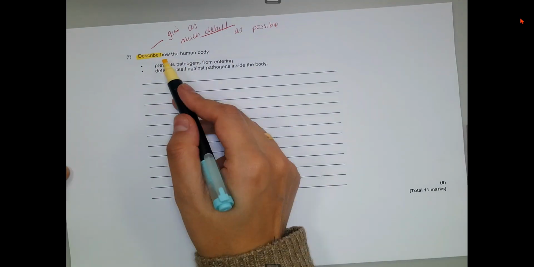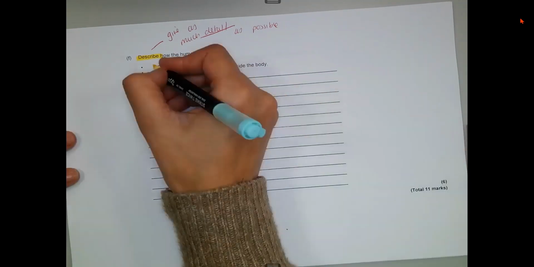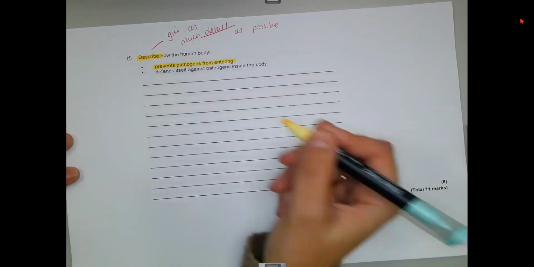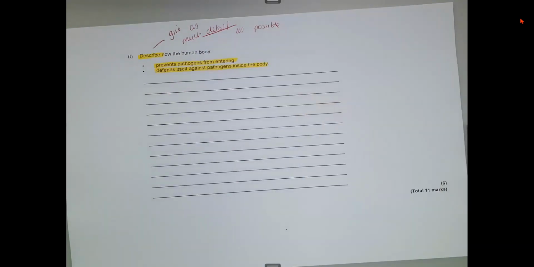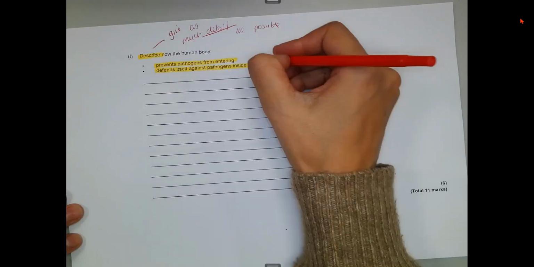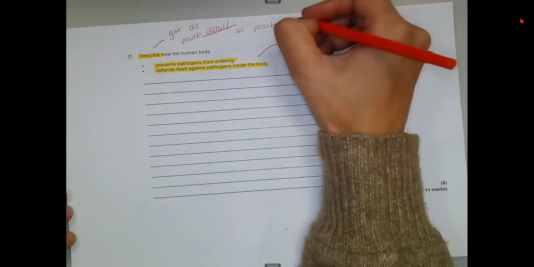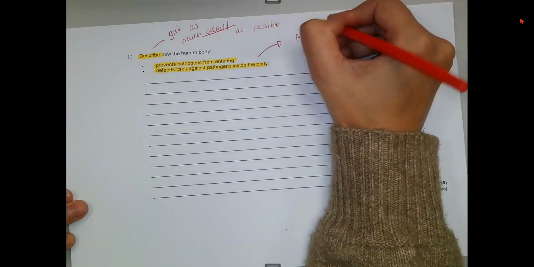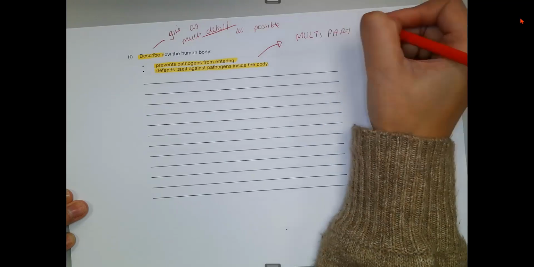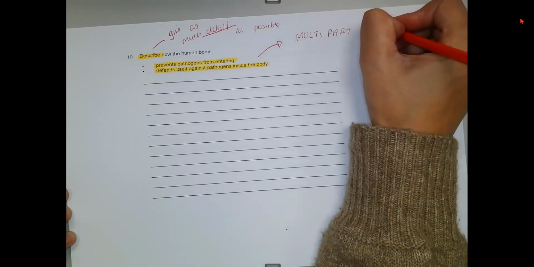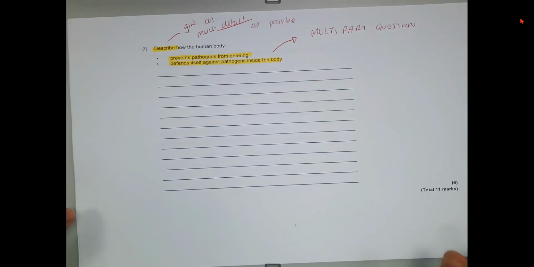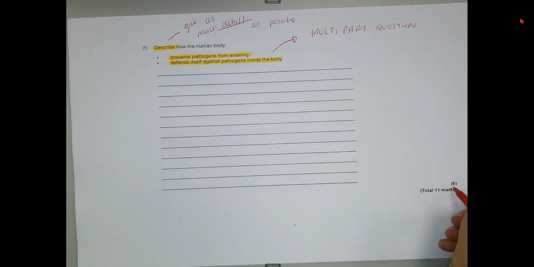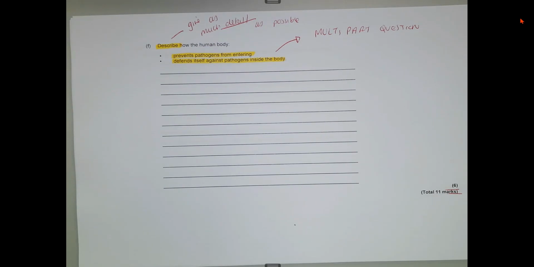Specifically, we need to talk about how the human body prevents pathogens from entering and defends itself against pathogens that do enter the body. So this, as you will recognize, is essentially a multi-part question. Recognizing that this is a multi-part question helps us then to recall the correct information and to then organize this information so we can get all the marks. If we first talk about barriers that are used to prevent